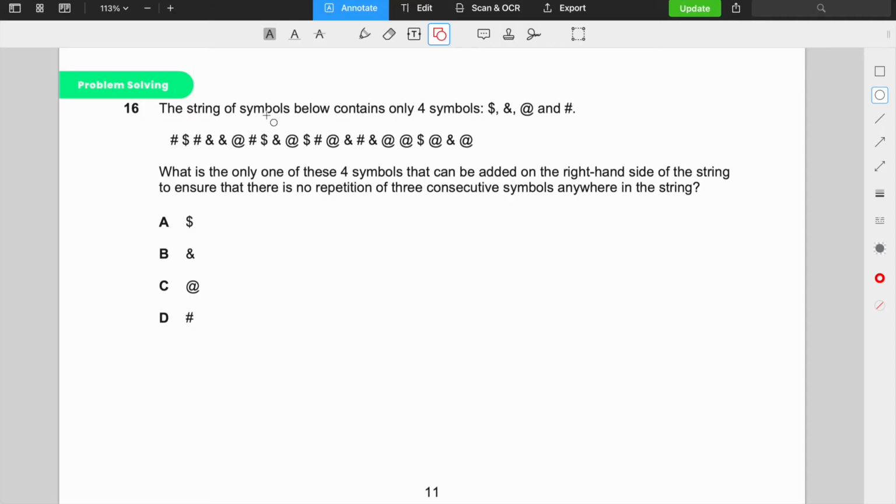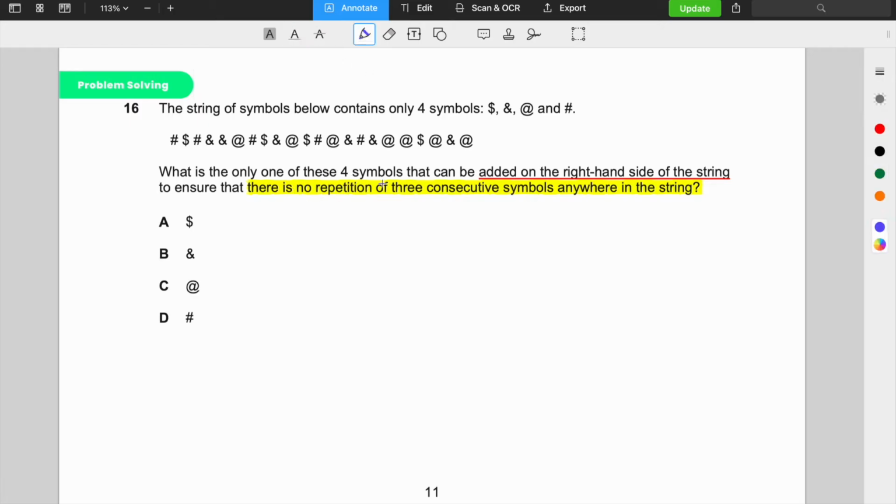The string of symbols below contains only 4 symbols: dollar, and, at, and hashtag. What is the only one of these 4 symbols that can be added on the right-hand side of the string to ensure that, and the rule is as follows, there is no repetition of 3 consecutive symbols anywhere in the string. Okay, so what are we doing? We're adding a symbol. So we're adding one symbol on the right-hand side of the string, and we want no repetition